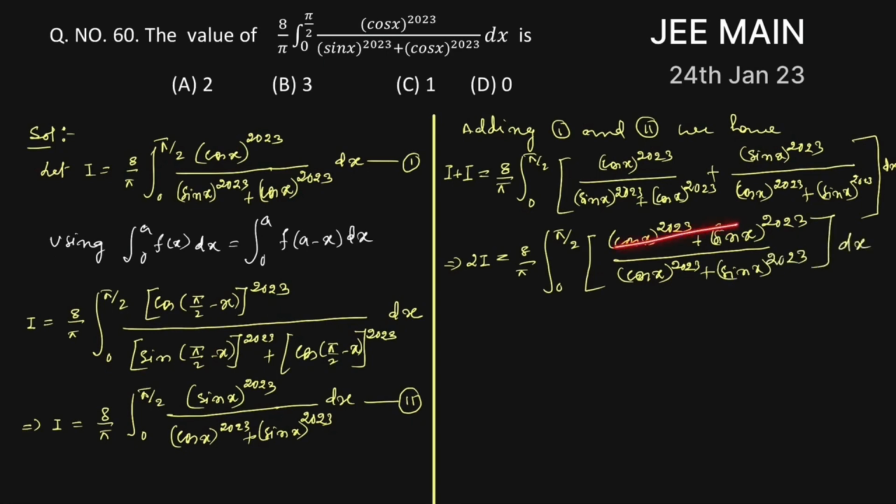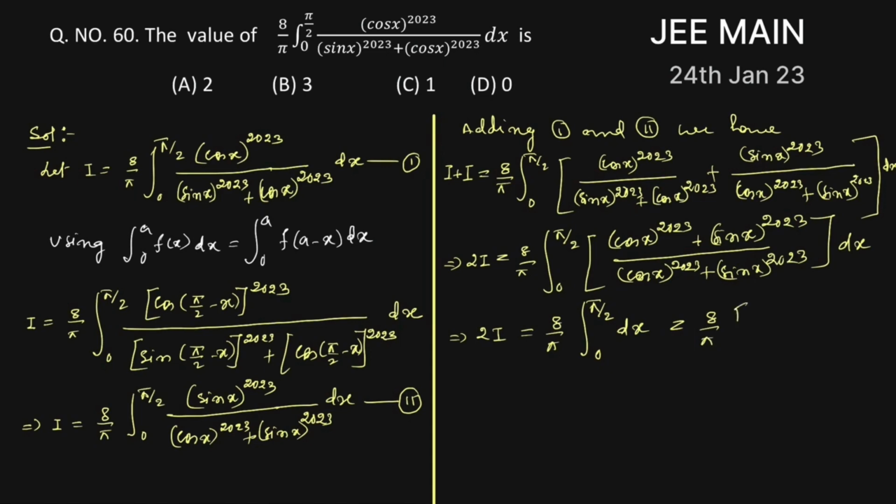Now this and this cancel. We will get 2I, which is equal to 8 by pi integration of 0 to pi by 2 dx, which is equal to